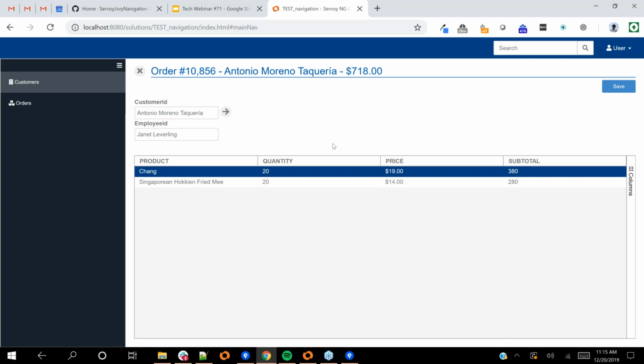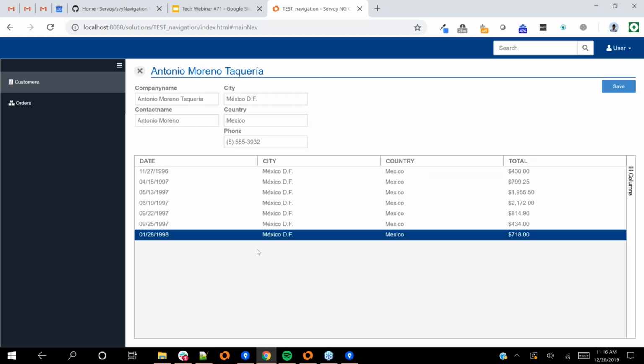Now, I didn't tell it that, hey, go and load these records. That was done implicitly. I want to look at another use case where, again, I'm navigating to a related record, but I'm also kind of changing the options a bit, and I'm going to show you what I mean. So in this use case, suppose I want to navigate from the order to the customer. So when I click on this, it goes back to the customer, or to the customer if I wasn't just